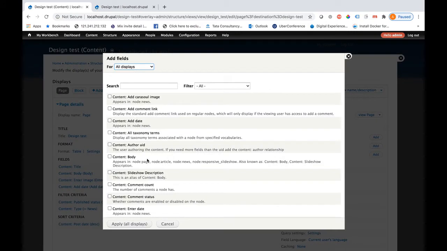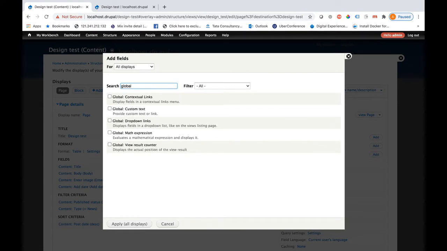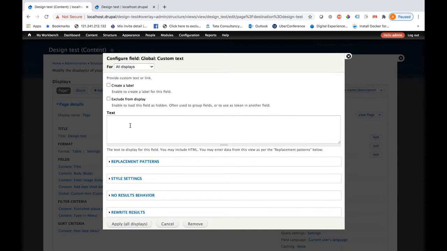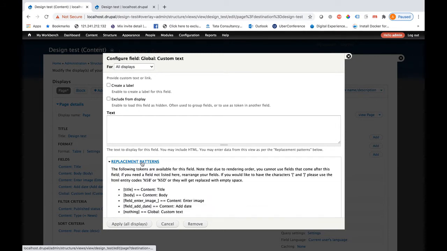And if you want to change the layout of the view, you can do it this way. You need to search with global. If you search with global, you will find global text. Let me add it here. Now you need to disable this label and click on replacement patterns.